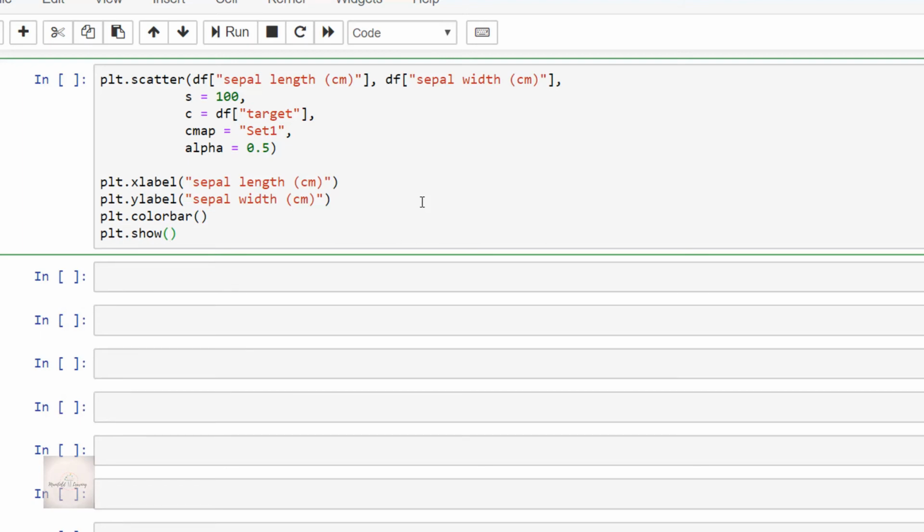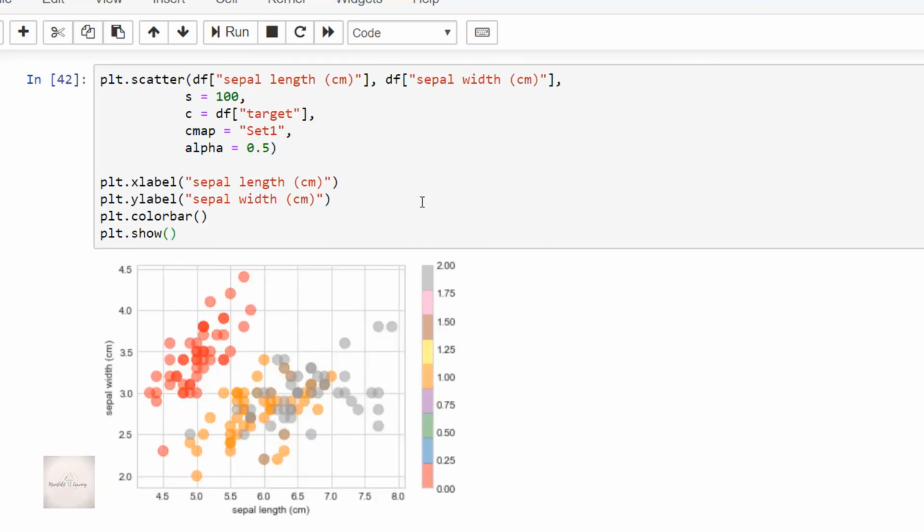And let me execute this code. Yes, we got the desired output. And if you observe here, target 0 is represented by red color, target 1 is represented by orange color, and target 2 is represented by gray color. That is, using this scatter plot, we can easily differentiate between the outputs.